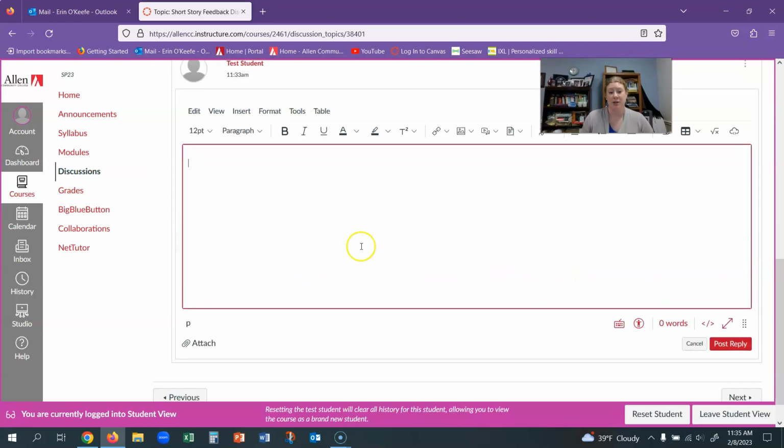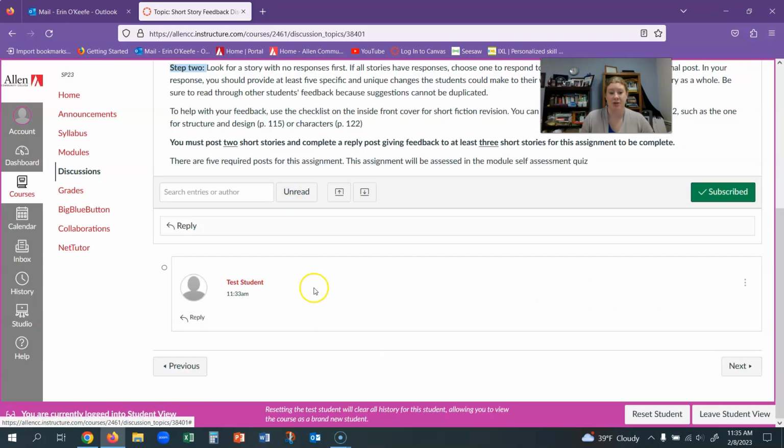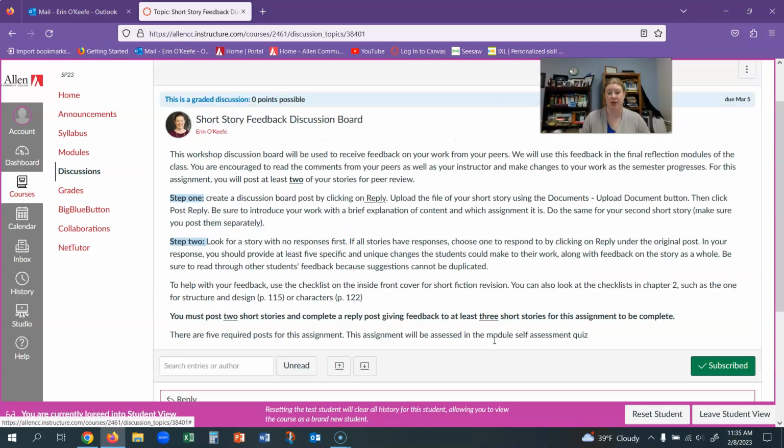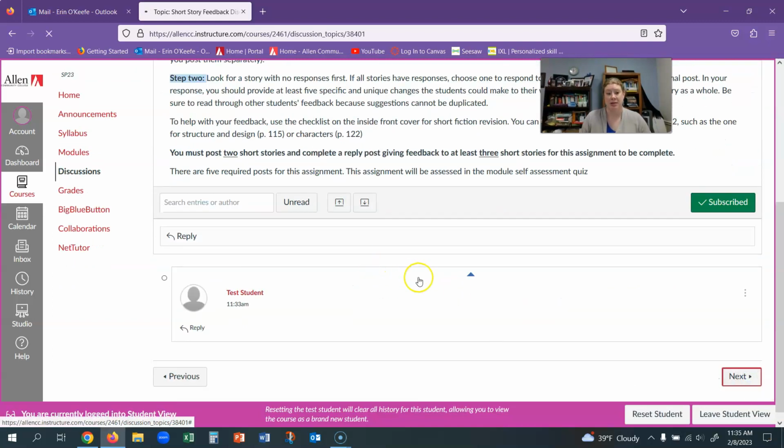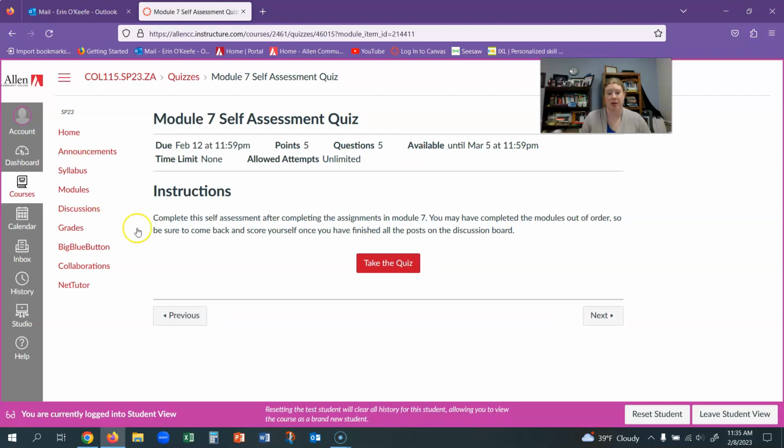You don't necessarily have to type out a question and type out an answer, but you can leave 5 things that are specific for each story. And so that will hopefully give you and your peers some place to look at for revision. So make sure that you are completing the posts entirely and giving enough feedback and that kind of thing. So that is the assignment, the most important assignment probably in this module.